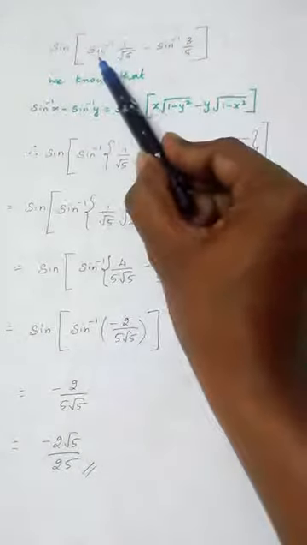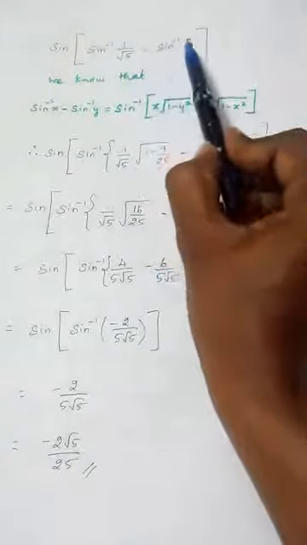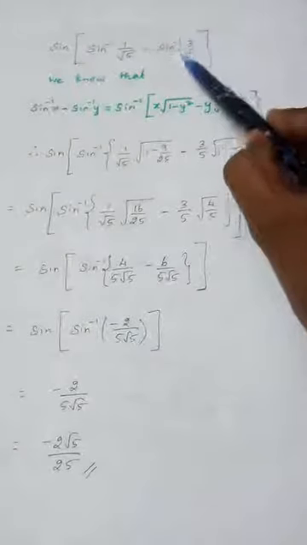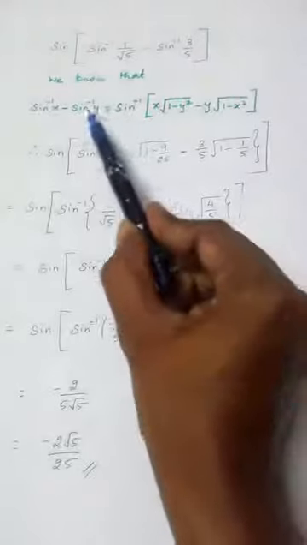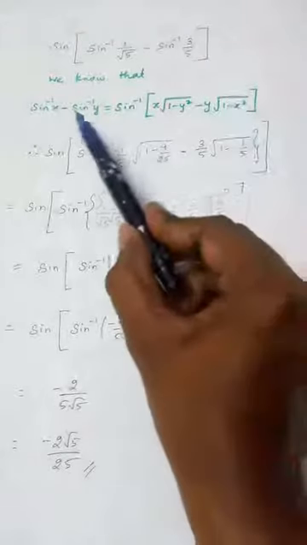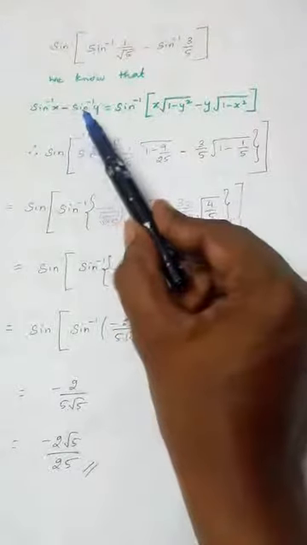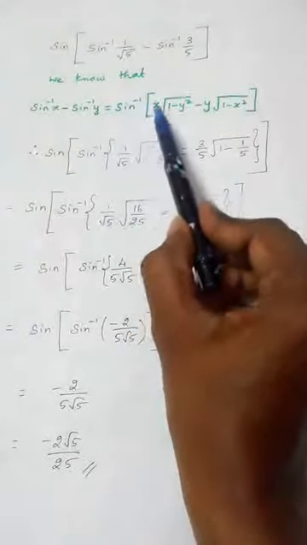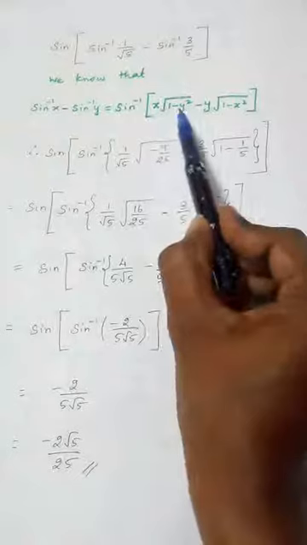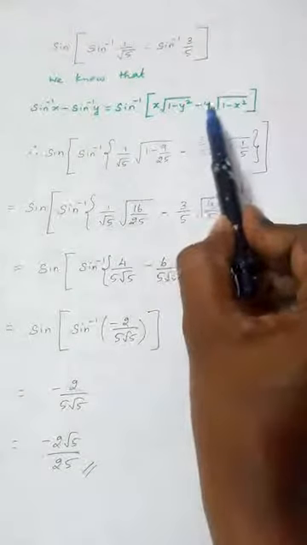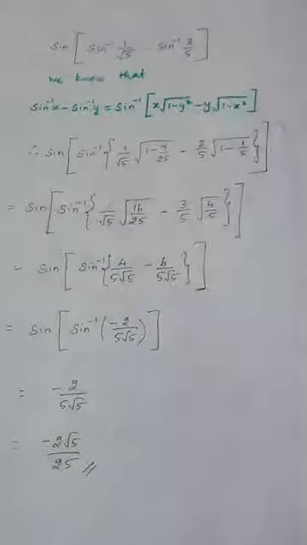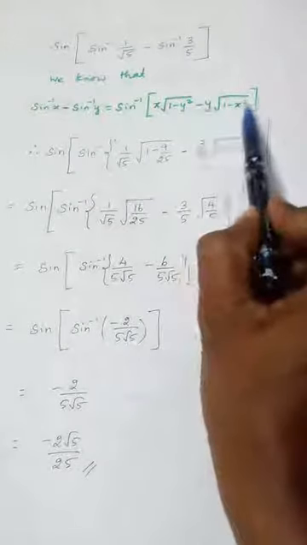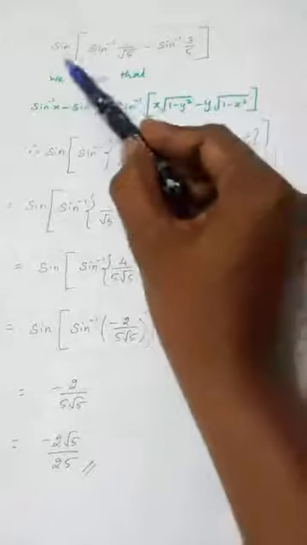Now see, sin inverse x minus sin inverse y. What is x? 1 by root 5. What is y? 3 by 5. So using this formula, again I repeat the formula: sin inverse x minus sin inverse y can be written as sin inverse of x into root of 1 minus y square, minus y into root of 1 minus x square. If it is x here, this is y square. If it is y, x square. So I am writing this now.